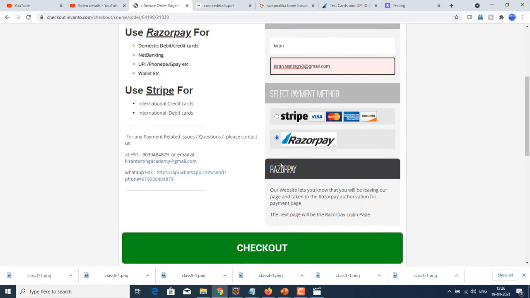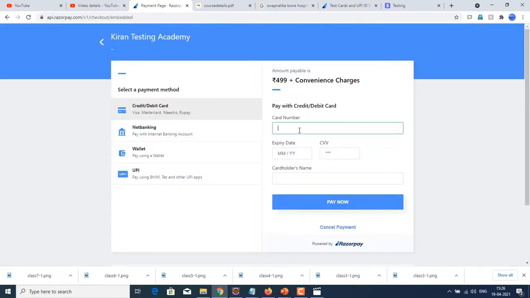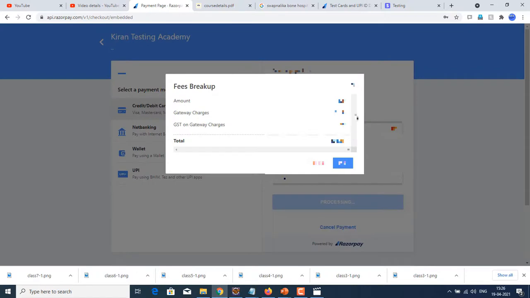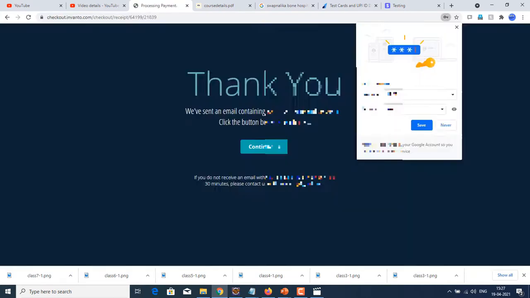So I've selected Razorpay and click on checkout. Just click on pay. You can see the fee breakup here. You can just click on pay. You'll get a thank you message on the screen.